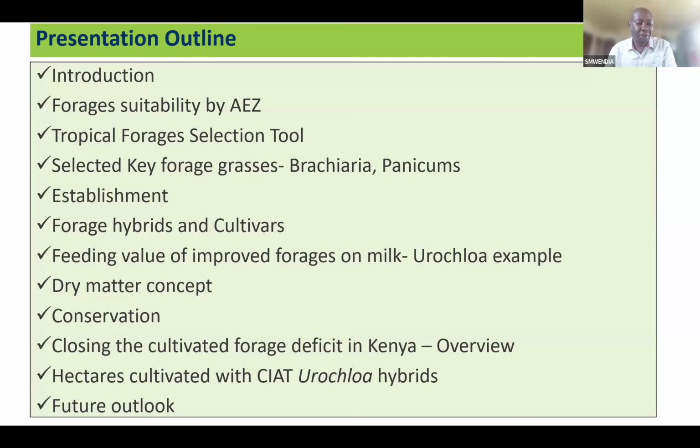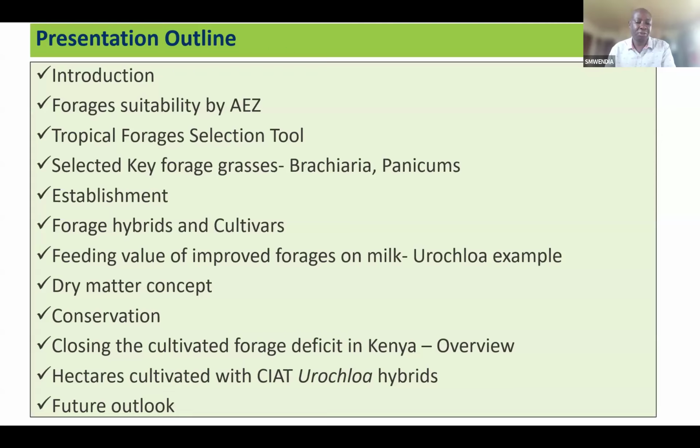Also, to mention a bit about the dry matter concept, which I have found farmers confounding a lot. We need to be a bit clear on how the animals take the adequate quantities, amount of feed per day. Also, how these forages, or rather the grasses we have here in question, can be conserved. And also looking at the gap, because depending on the livestock population in this country, we do know there is